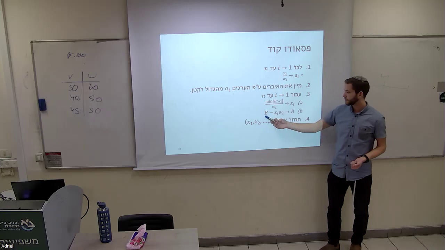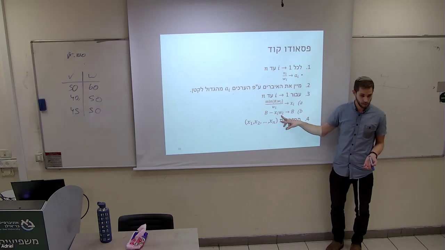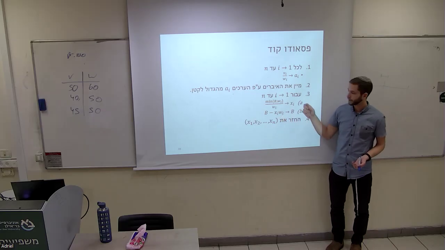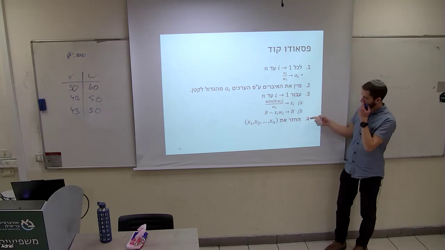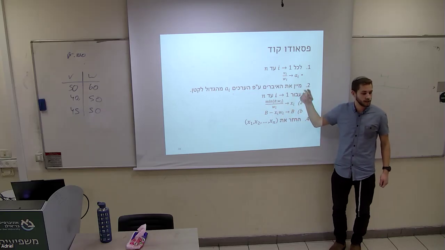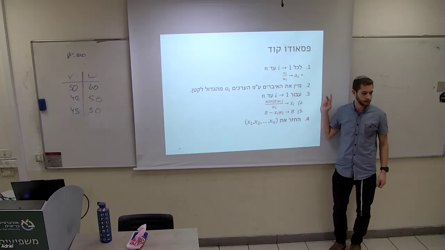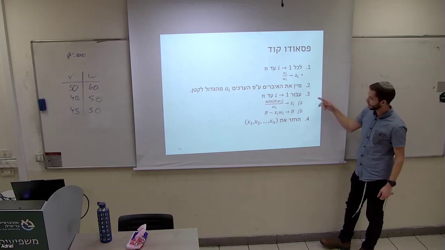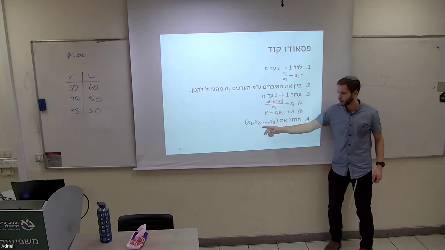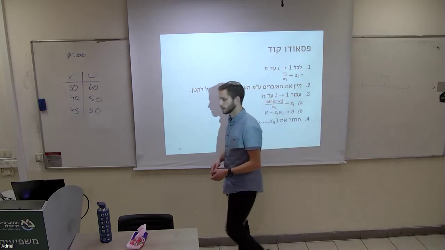And then we subtract from B the amount that we took from that item times the weight of the item, and we put that into B. And we continue in a loop through all the items. Even once B hits 0, we just keep on looping through, and we'll just take 0 divided by wi. All the rest of the items will be 0 the second we finish. And at the end, we just return our array of xi's, right?